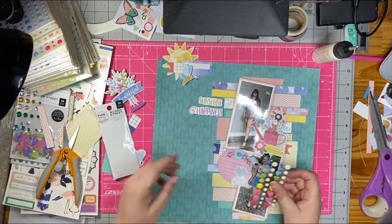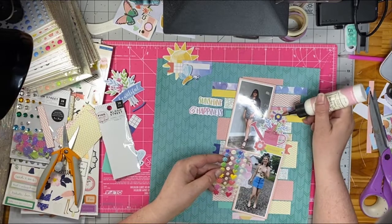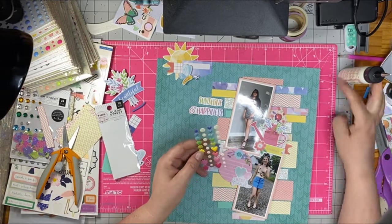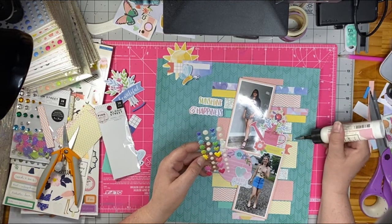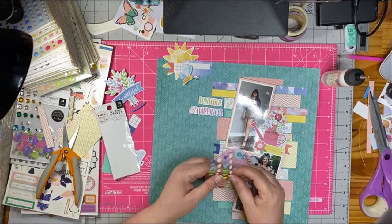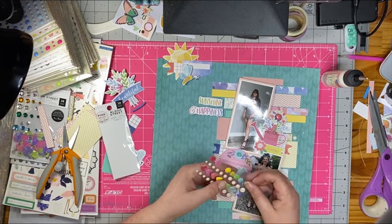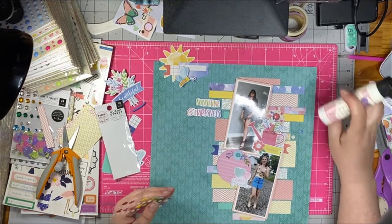And here are the enamel shapes that I'm going to add. This is also from the same collection, the Paige Evans of Bloom Street, and I'm going to add that flower on the naked tag hole to hide that nasty hole. Throw some of the shapes and the circles down